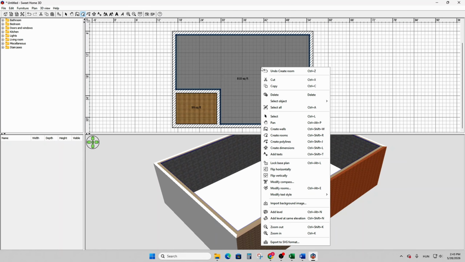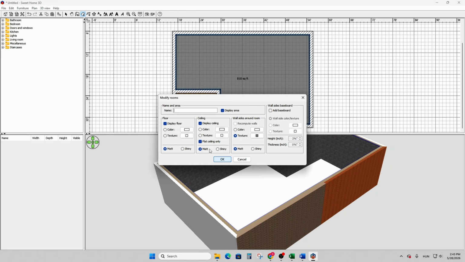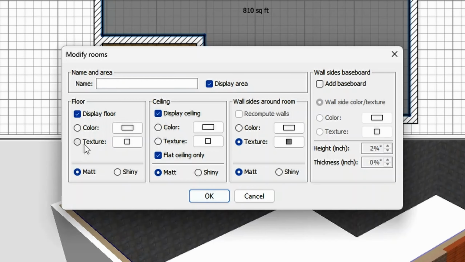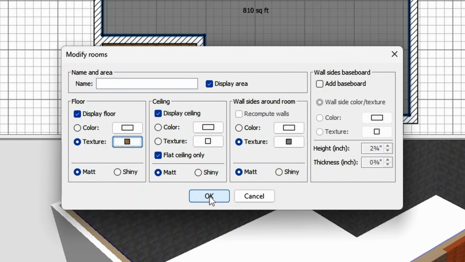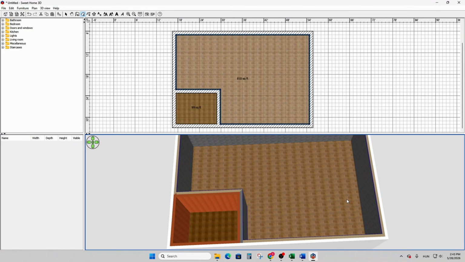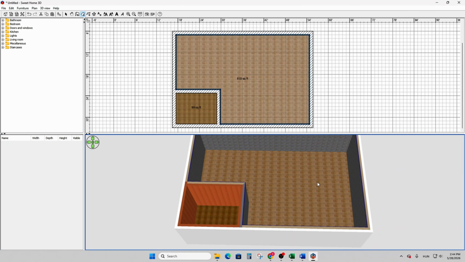Now right-click with the mouse, Modify Rooms, select texture, click this button, and add the texture to it. Click OK twice. The advantage of this method is that now you can modify the texture of these walls with